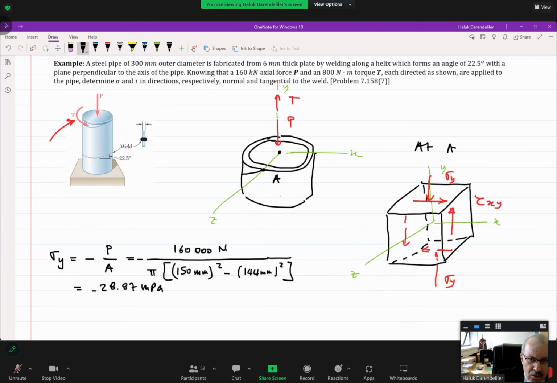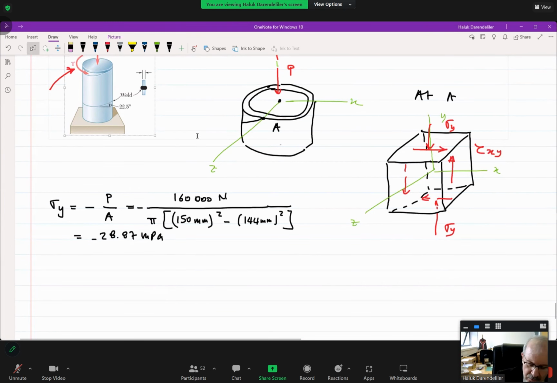So this shearing stress tau xy is due to torque. Okay. And torque is equal to 800 newton meters. So tell me the equation of this shearing stress, because you know torsion. So that is tau xy, which is equal to, yes, T times